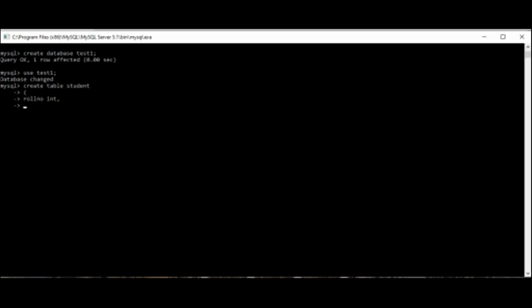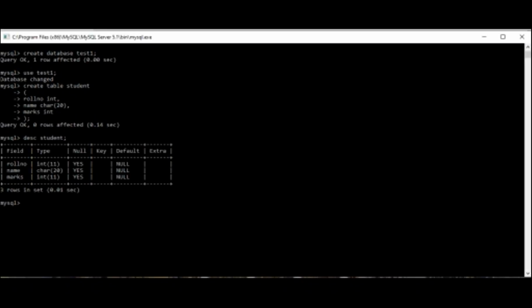Now the next field is name, data type, again you will write comma, and third is marks. After writing all the fields, now you have to close it with the parenthesis. Your table is created. Now you can see the structure of the table.